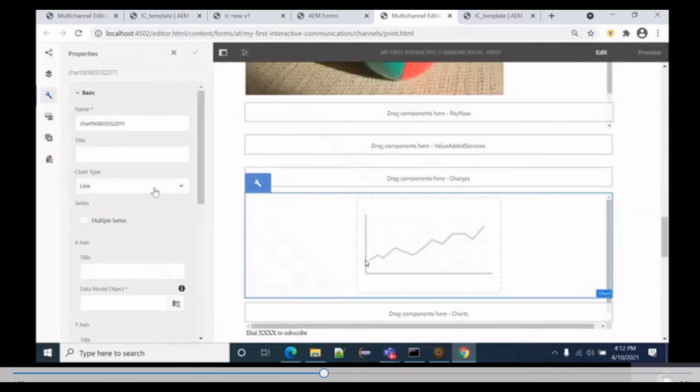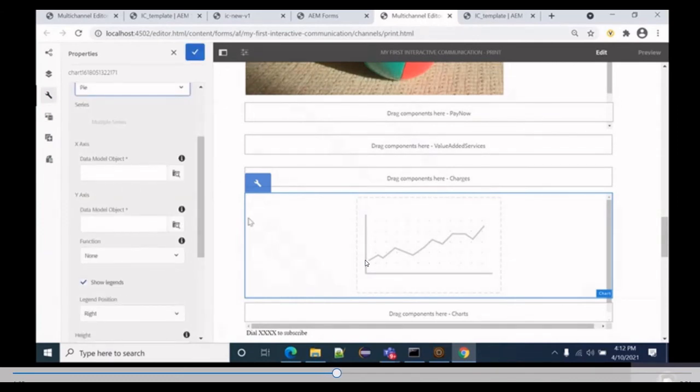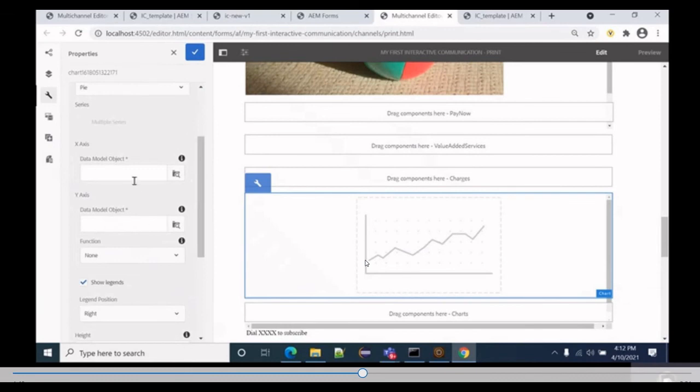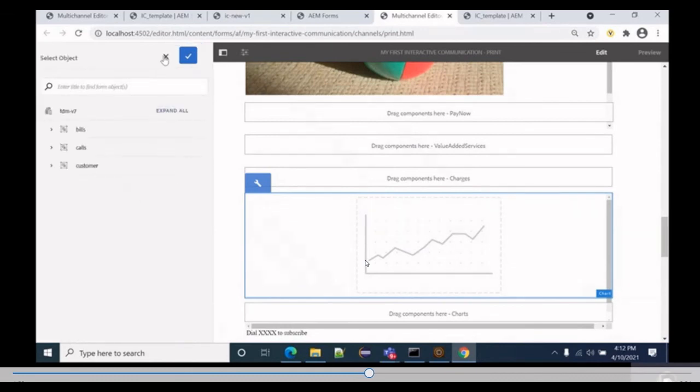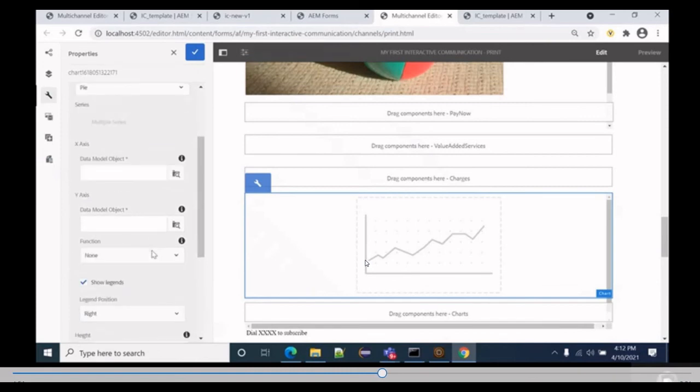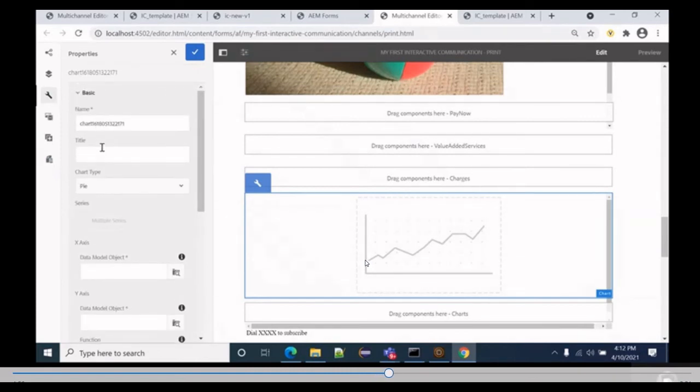We can put a name over here, chart, maybe pie chart. Yeah, x-axis and y-axis, on which are the values on the x-axis and y-axis. So we can select the data model from here. Sorry, yeah, we can select first pie chart.